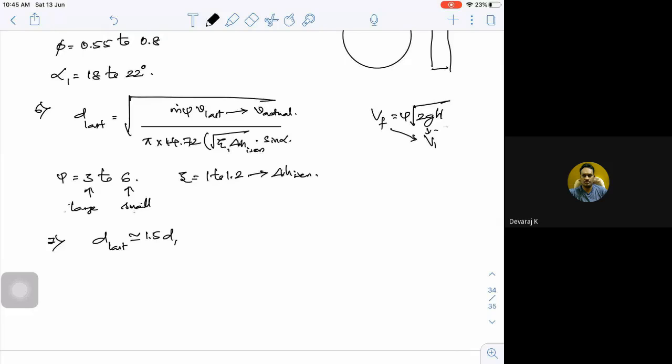At any given point, if I look at the impulse reaction turbine, it is delta Vf, the force acting in the axial direction. For axial machines, it is the difference in velocity in the axial direction multiplied by the corresponding mass flow rate. If I am able to do that, I will be able to calculate the force required to keep that turbine under stable conditions, and all the pressures and corresponding temperatures need to be considered.